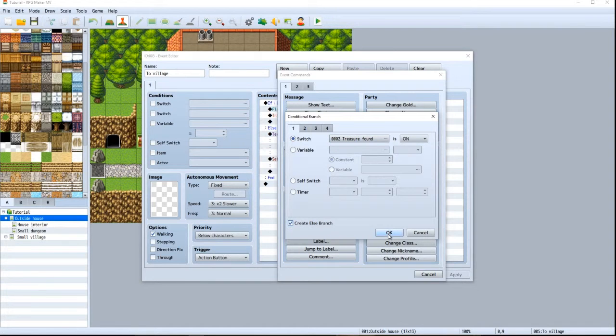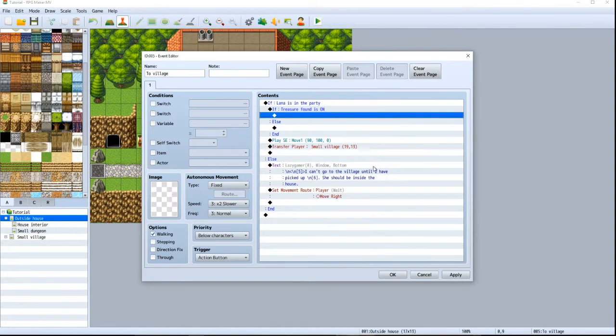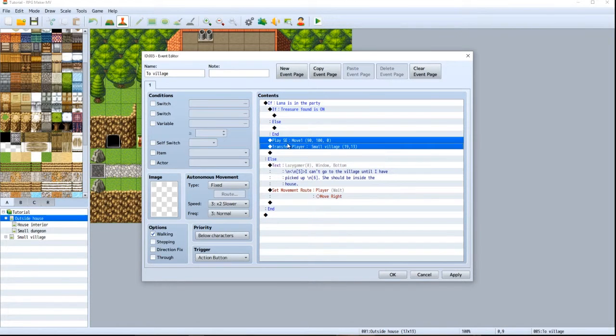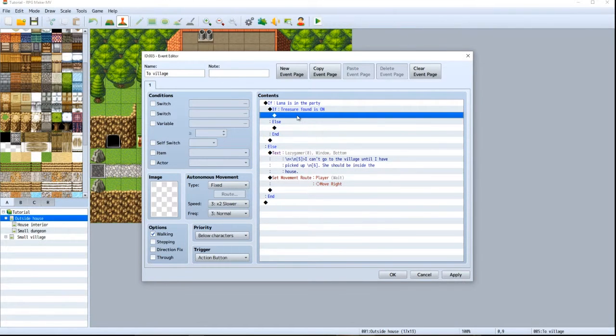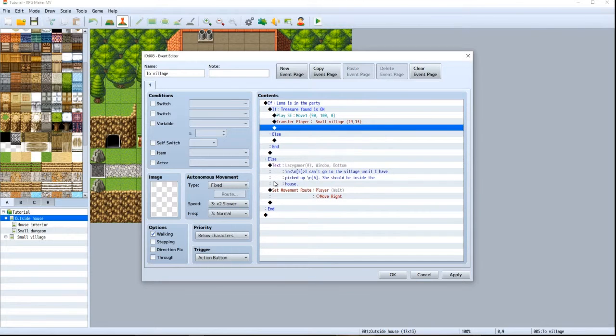Create condition. And now it might look a bit confusing. We are going to move when treasure found is on, then we can move. If not,